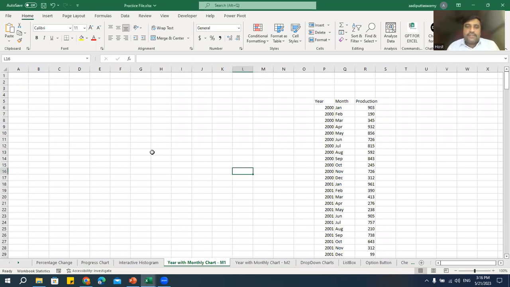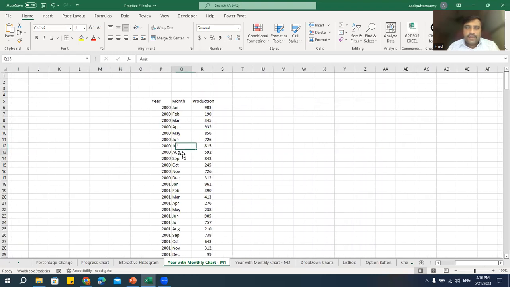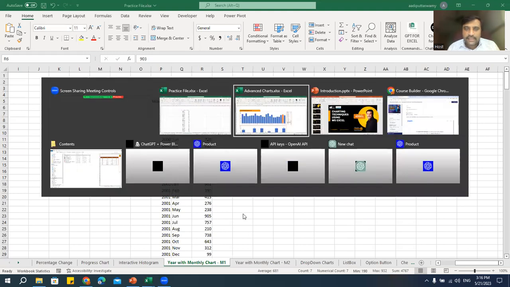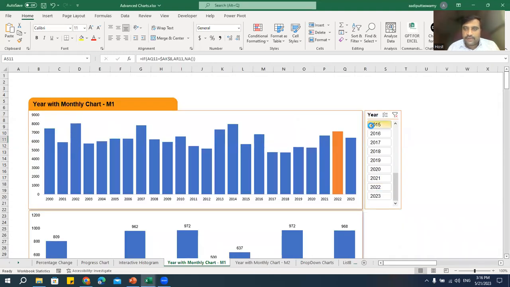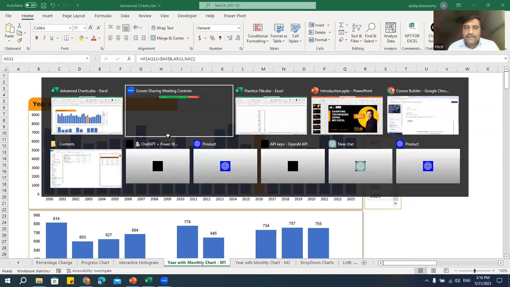Okay. Right. So let's go and see how actually we can work on this chart. First thing, we'll try to get the month and the production, total production, because what you see here in this chart is the total production we have in 2015, 16, or whatever I click. So for that, first thing what we'll do is we'll try to,